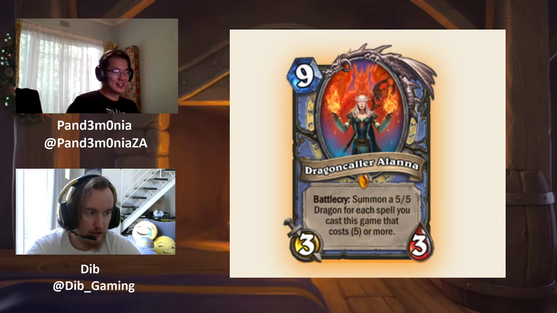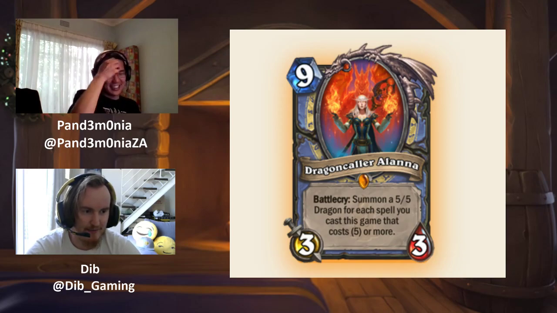9 mana, 3/3 minion. That reads Battle Cry: Summon a 5/5 dragon for each spell you cast this game that cost 5 or more. So this is getting a lot of people excited. Oh, I'm gonna get like 30 stats for my 6 dragons, and okay, calm down is kind of my immediate